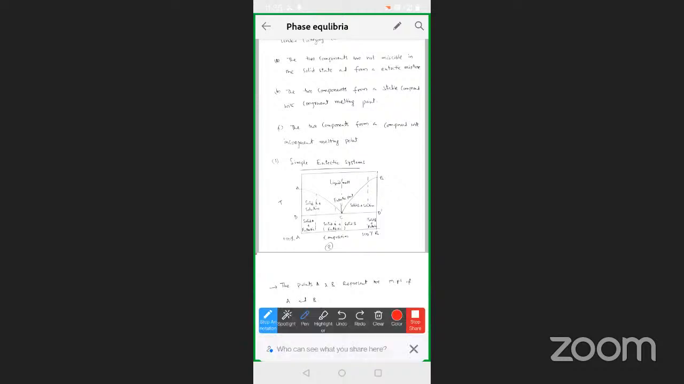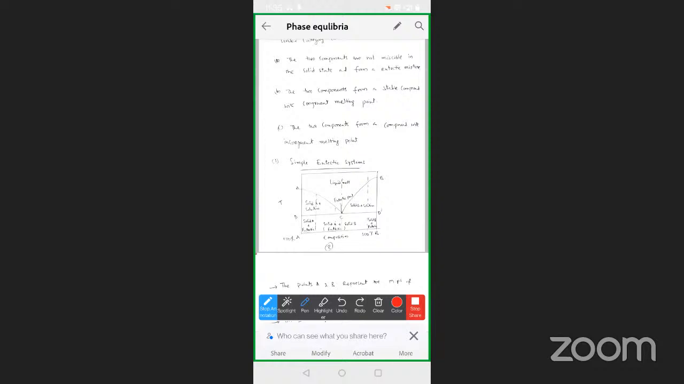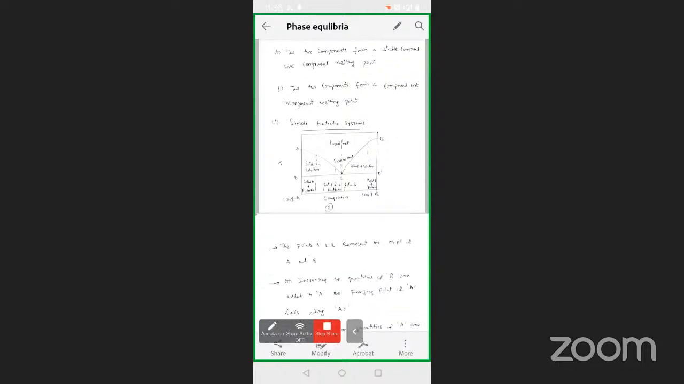Again, for this two component system, F equal to C minus P plus 1. Since one variable should be kept constant, we can apply the reduced phase rule. And the graph between temperature and composition, pressure kept constant. So from this phase diagram of two component system,